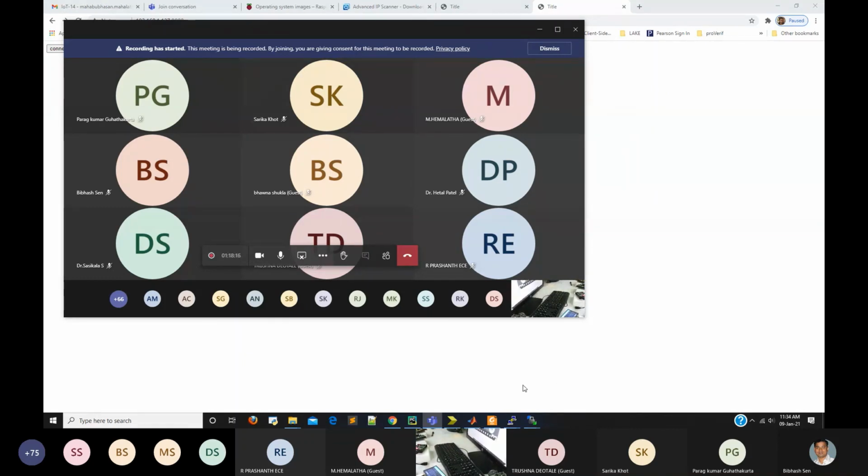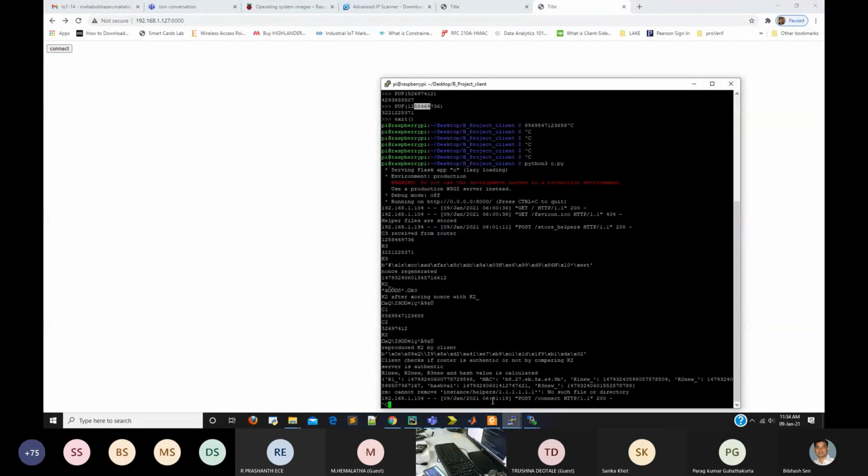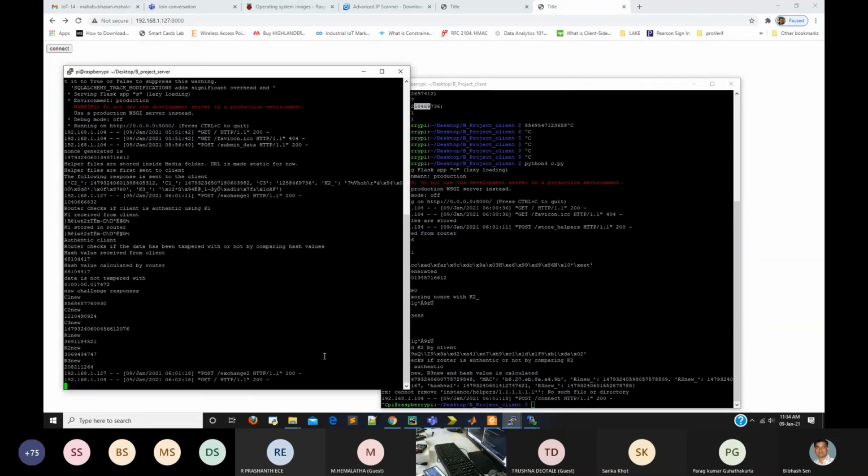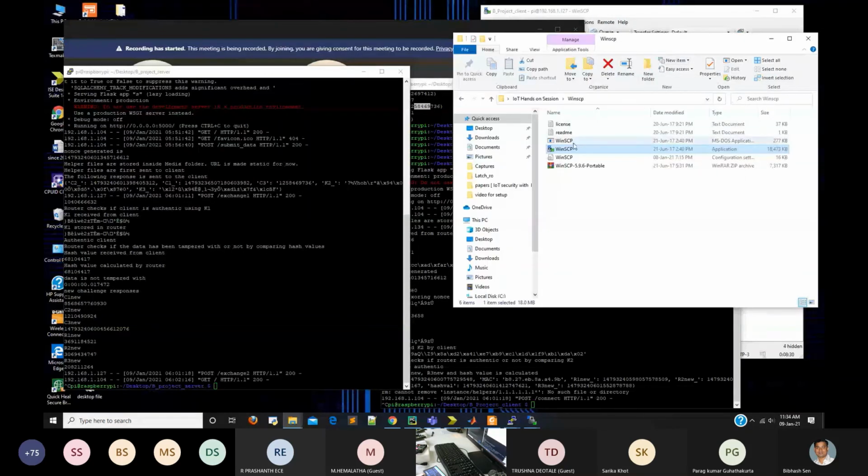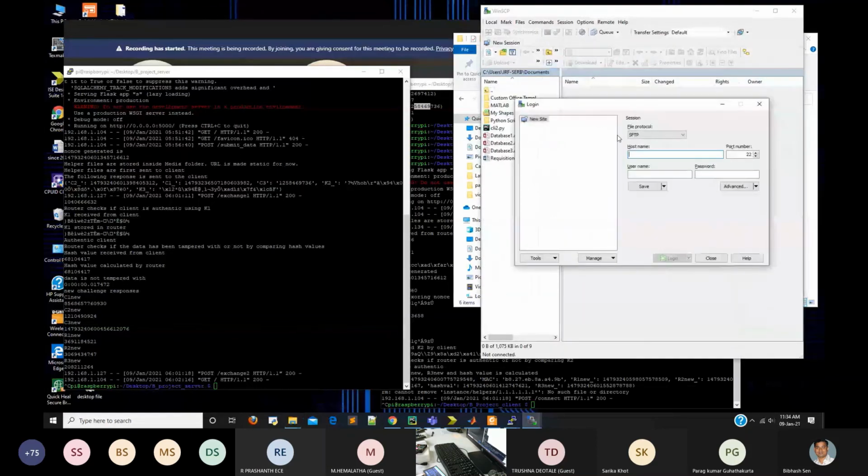So now again we will check with the code if they can connect to each other. For that, to run the client, first I will close the client and the server also. Again, I will just check if the USB port is correct or not.